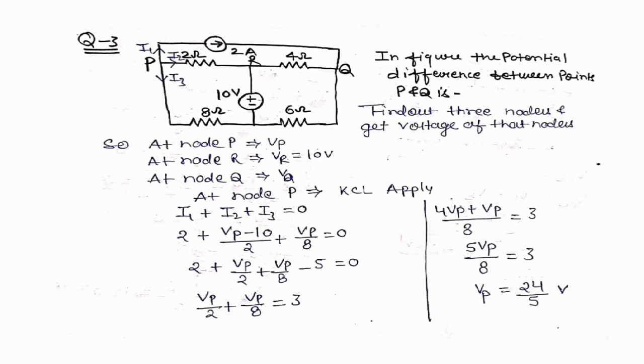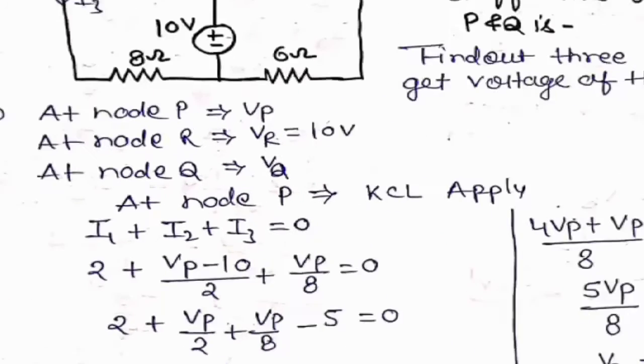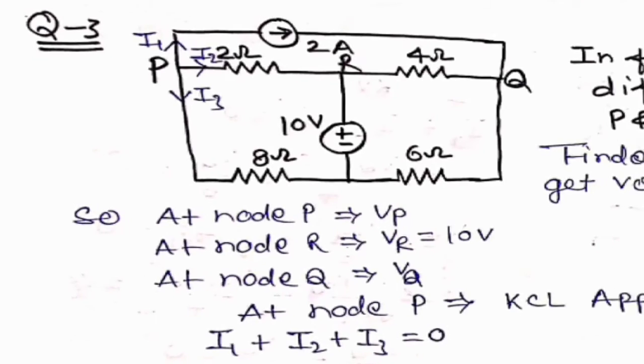First of all, we decided step 1. Second, step 2, what you do is find out the nodes. Okay, so we get the nodes here. There are 3 nodes, 1, 2, 3, and this node is like a grounding, so it is always 0 volt. Next, whatever nodes we get, we will have to consider their voltage. At node P, the voltage is Vp. Okay, I will show by zoom. At node P, this is Vp.